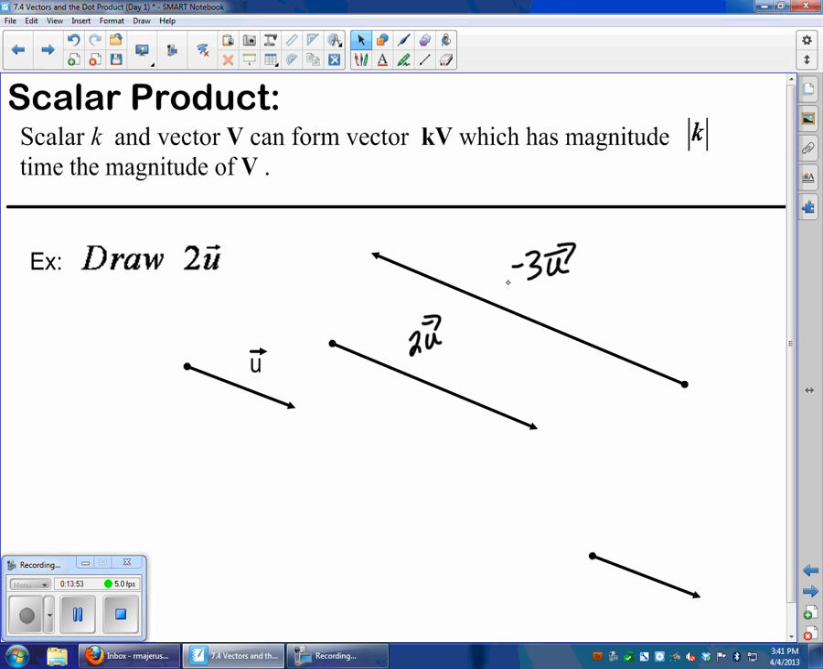So scalar products can be negative. In that case, they still multiply the length by whatever the factor is, but then it will also switch its direction by 180 degrees to the opposite. That's the end of